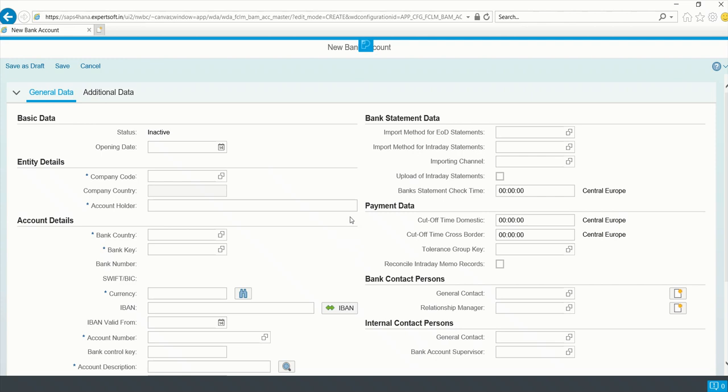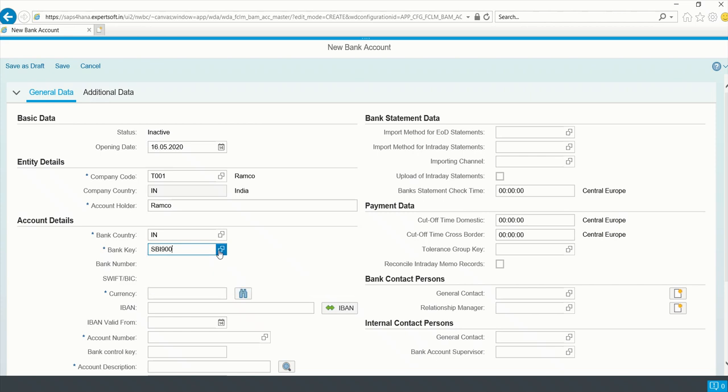Here we have to give the general details like what type of account it is, the account number when you are opening, and the currency of transactions by using this house bank.